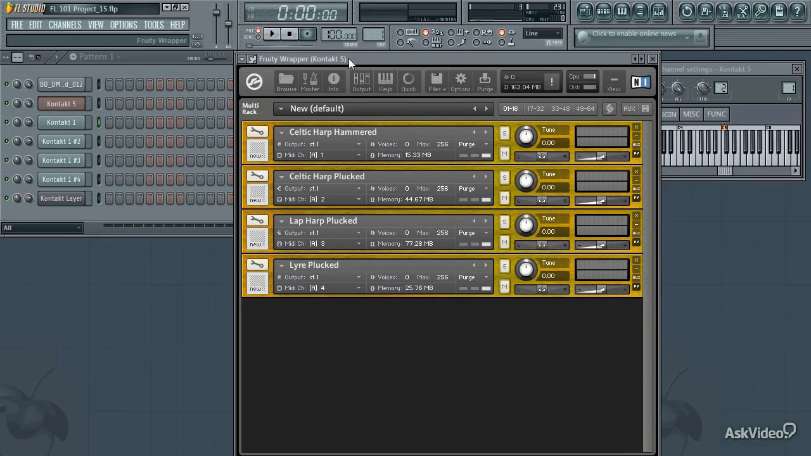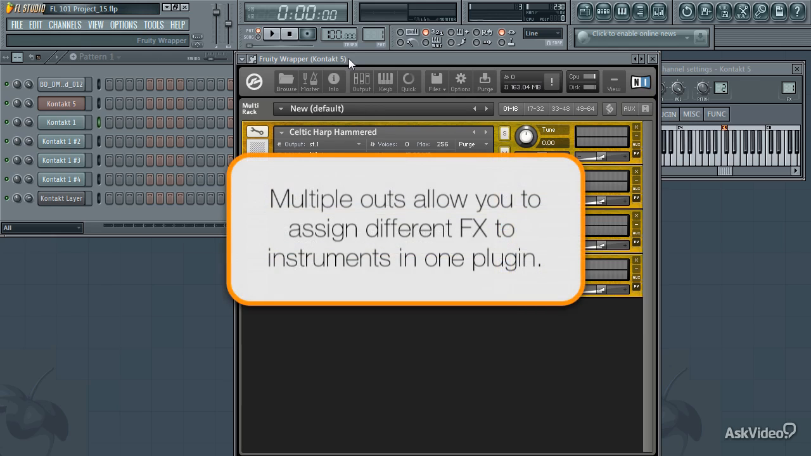Some plugins can output audio to multiple mixer tracks in FL Studio. For example, Kontakt, which can load up to 64 instruments at a time, can output audio on one mixer track or all the way up to 16 different mixer tracks. Multiple outputs are very useful since you'll most likely want different instruments in a plugin like Kontakt to have different